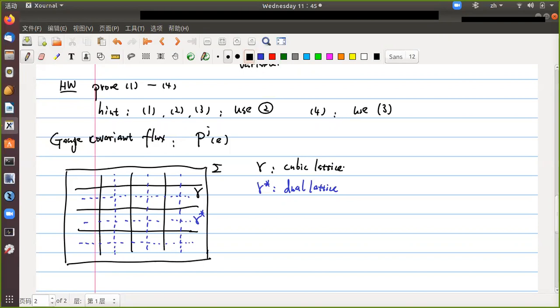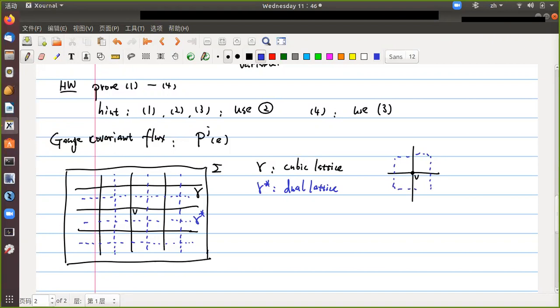Okay. Well, how to really understand this dual lattice? I think it's enough to draw pictures so that you can easily get what the dual lattice is. So let's zoom in on a single vertex V. Here, let's say this is vertex V. Let's zoom in on the neighborhood of this vertex V, and then the dual lattice is just made a